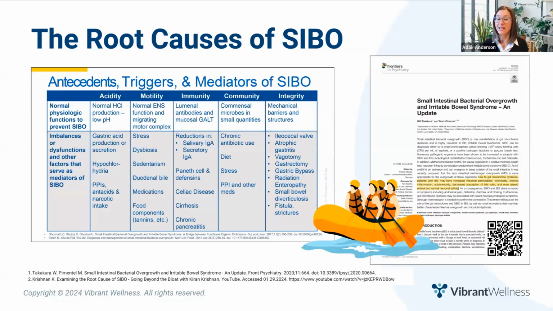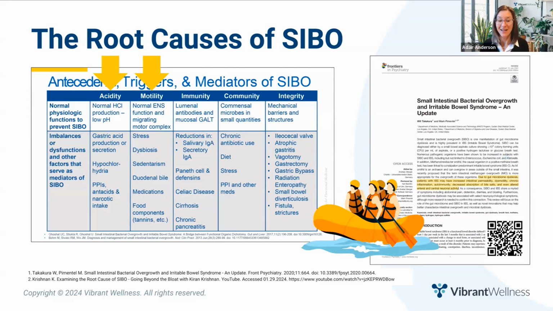Digestive insufficiency is one of the main root causes of SIBO, small intestinal bacterial overgrowth. And while we don't have time to take a deep dive into SIBO, I could do a whole webinar on just SIBO, I did want to share a slide from the Institute for Functional Medicine's GI Advanced Practice module I attended earlier this week. Notice that acidity and motility make up 2 out of the 5 core triggers of SIBO.